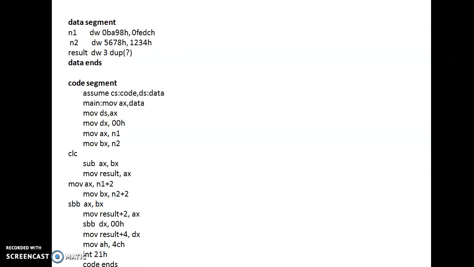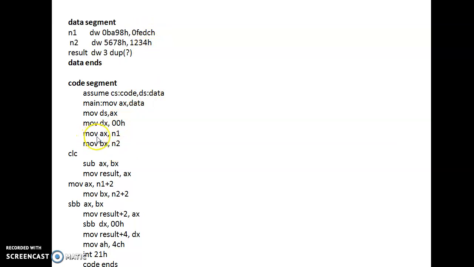I am repeating, it is a 16-bit number, because we have only 16-bit registers in the case of 8086, we cannot take 32 bits as such. So we use the 16-bit registers. We take the first 16 bits as N1 and the first 16 bits as N2, and first we perform the subtraction operation.